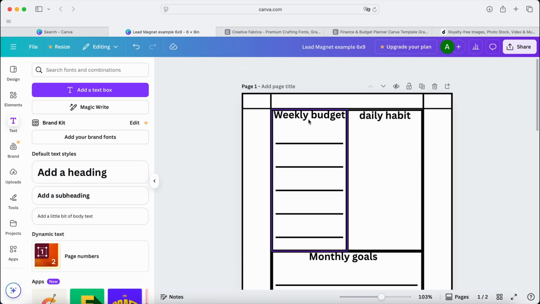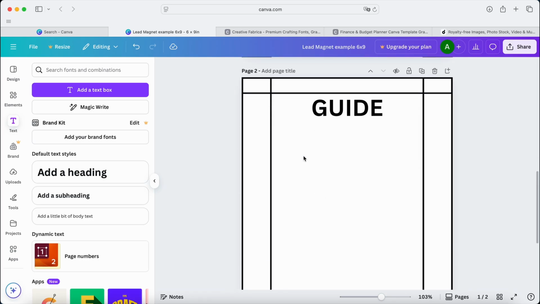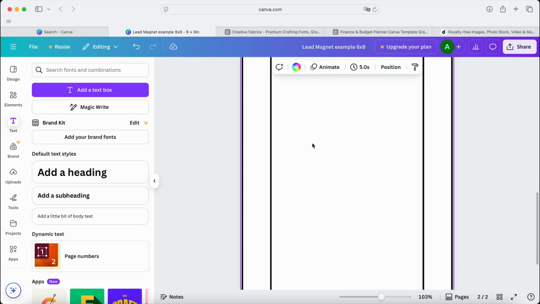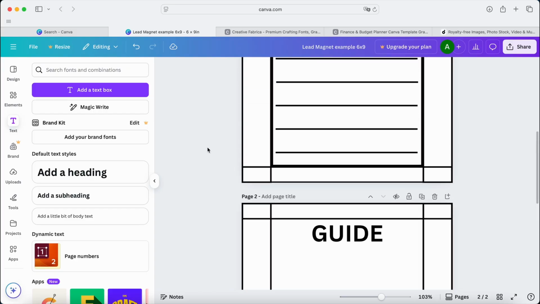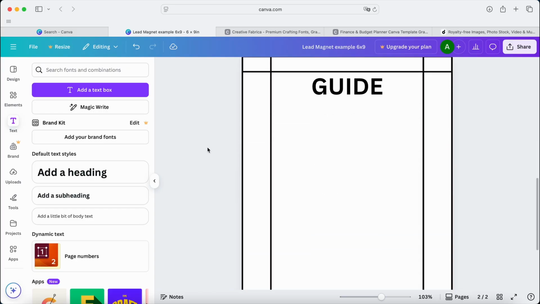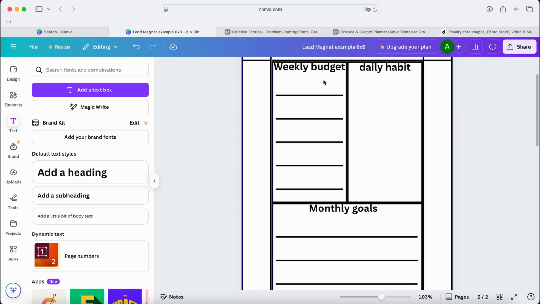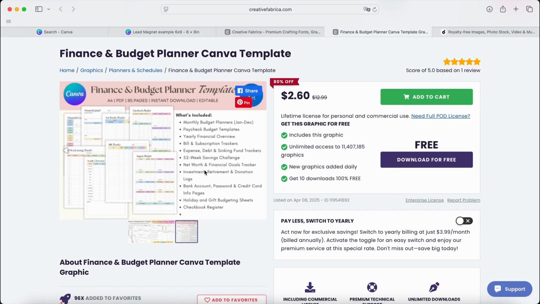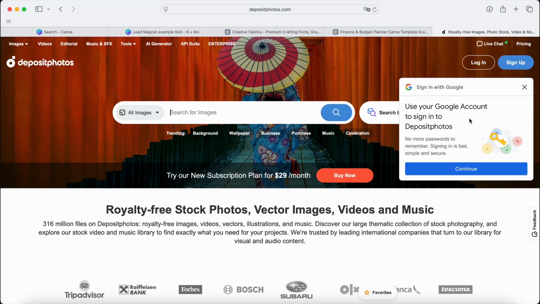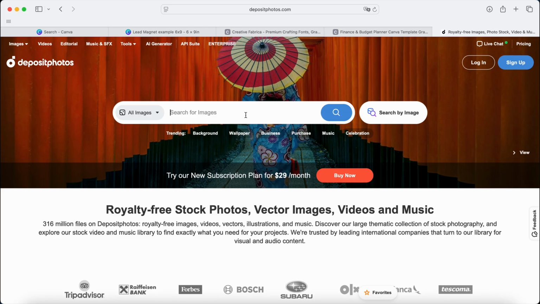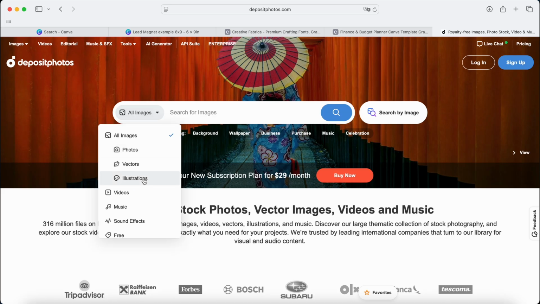So yeah, you can easily reproduce that, and then maybe have a guide on how you would use your offering. So this is specific to what you are offering, right? Which is why sometimes I don't really like to use these things, but it's okay if what you are offering is generic, right? And if you wanted to spruce things up yourself, maybe use something like Deposit Photos,